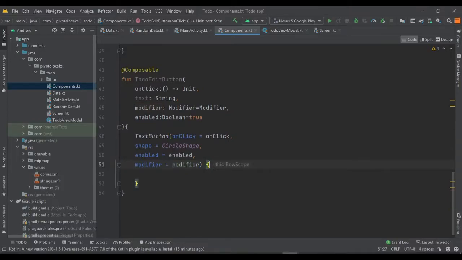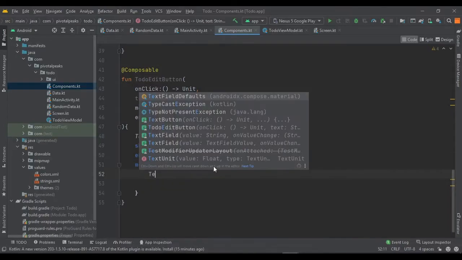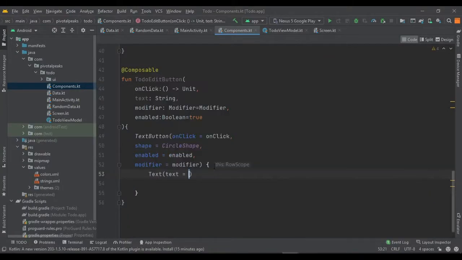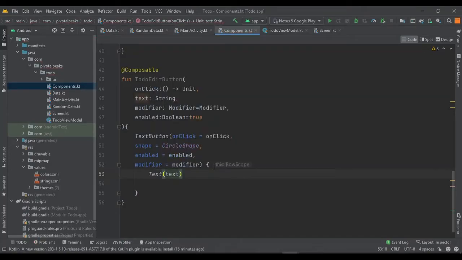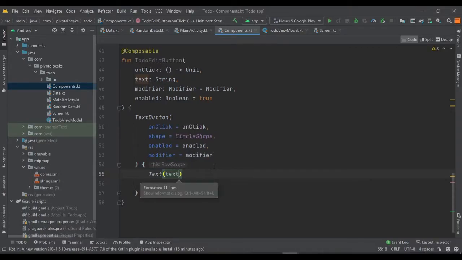We need to provide some text, so let's give it a text. So we just pass the text parameter that we created in the function. We will define the name of the button in a later video. So yeah, this is our button and it's ready.